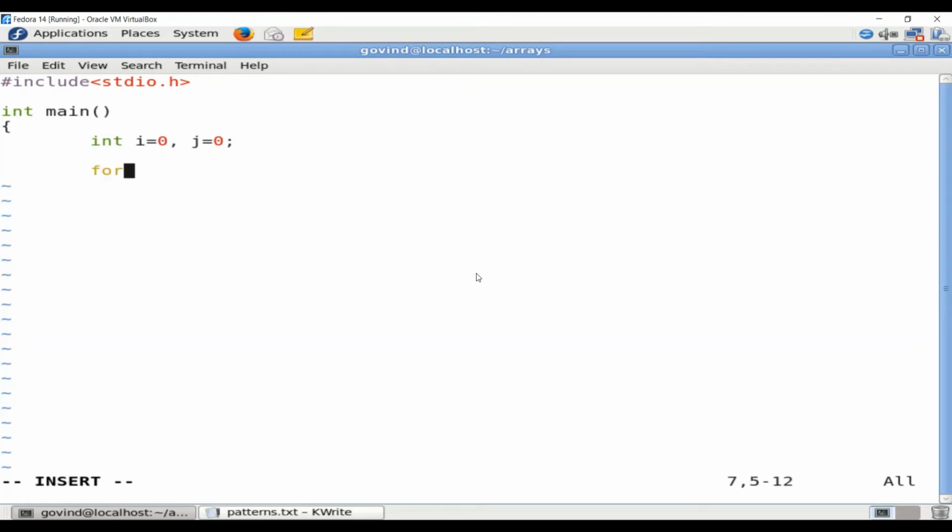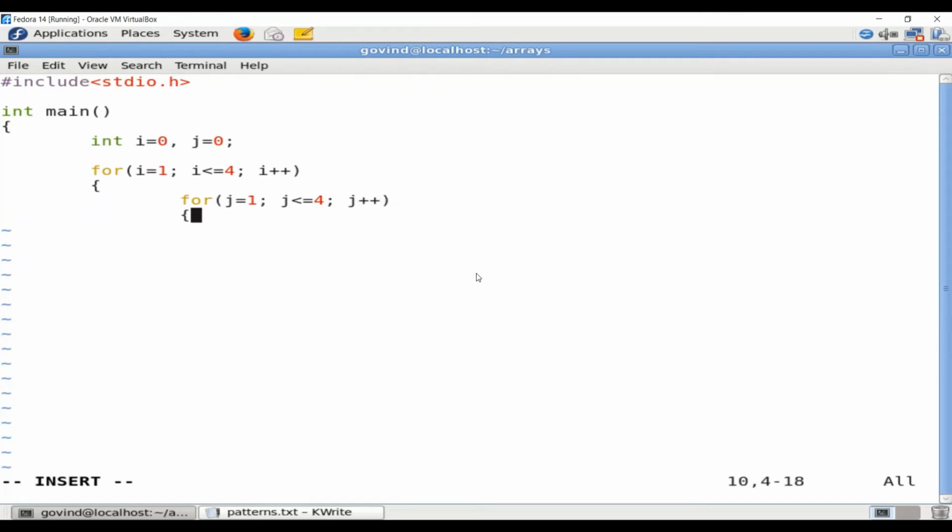So I will take the outer loop starting from 1. Since I need to produce 4 star symbols, my test condition for the outer loop will be less than or equal to 4, i plus plus. My inner loop will be j equal to 1, j less than or equal to 4, j plus plus.